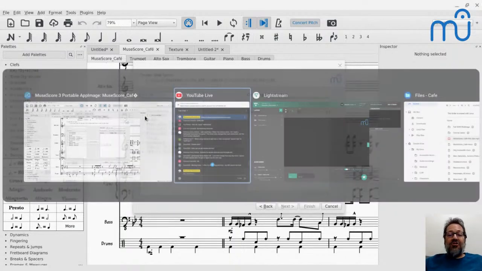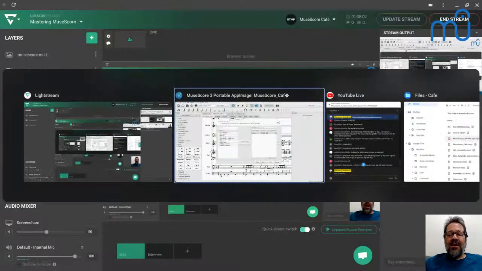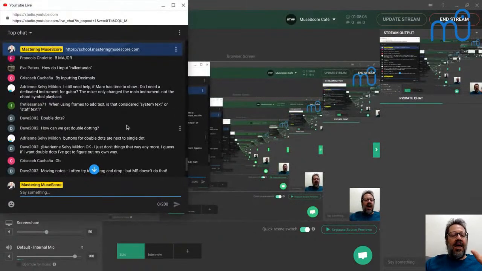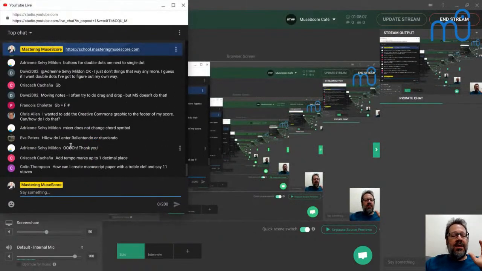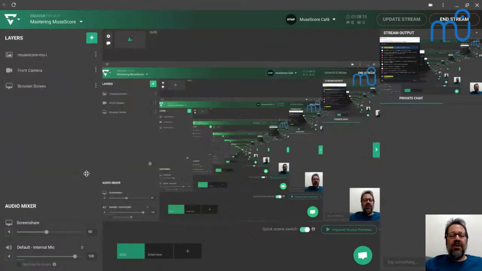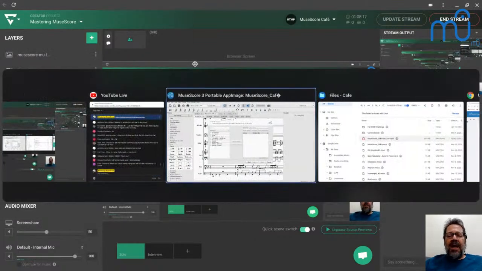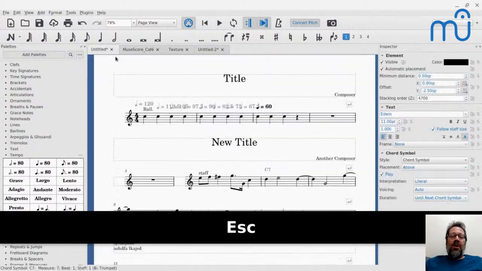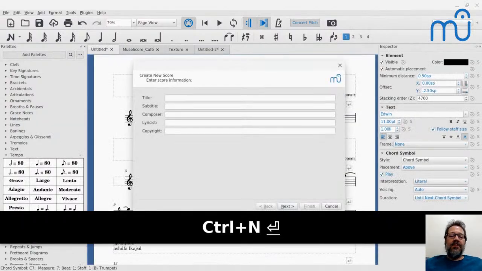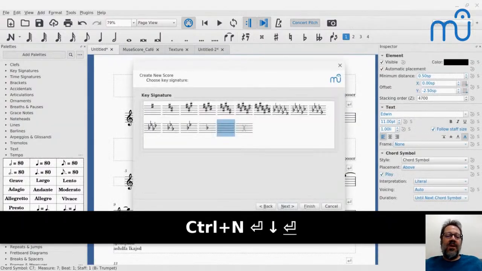All right. So I've answered a ton of questions and showed a lot of stuff, and this has been a lot of fun. I think at this point, though, I probably need to wrap up. So I'm going to do that with this last question here of manuscript paper with a treble clef. So blank manuscript paper is, well, if you create a new score and I say I want the treble clef staff,